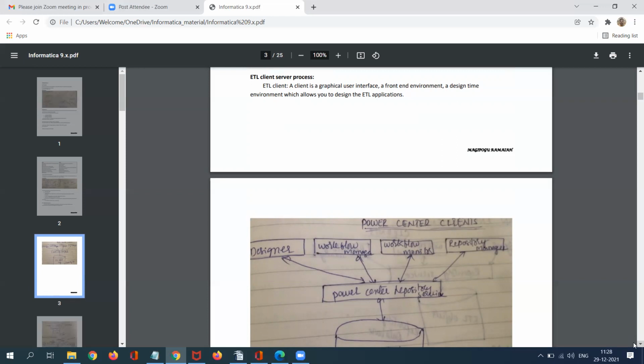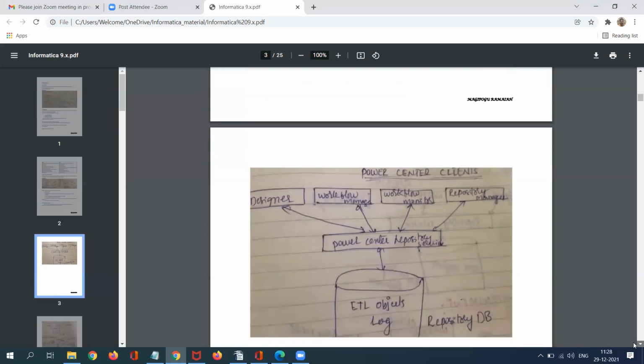What is a client here? A client is a graphical user interface. I can say this is a front-end environment or design time environment, which allows you to design ETL mappings or ETL applications. If you want to develop any ETL mapping or ETL application, we need Power Center clients.